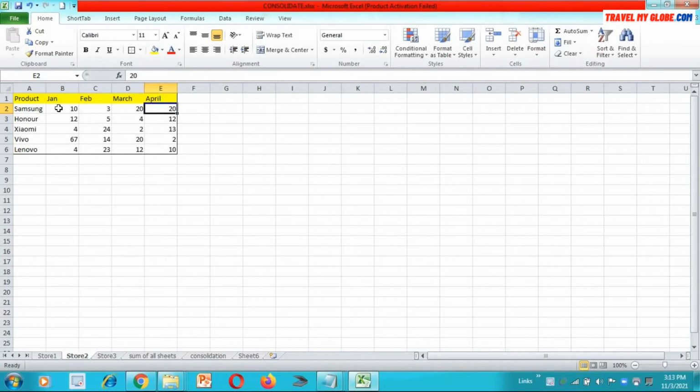So data must start from the same cell address. That means the position of the data that you are going to calculate should be at the same position. This is the restriction while applying the formula and while calculating the sum for this data.